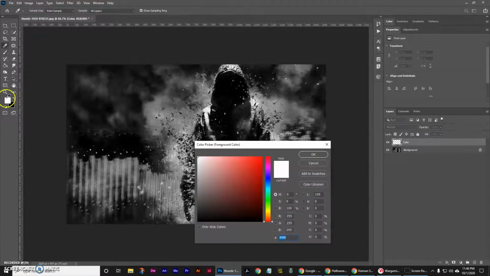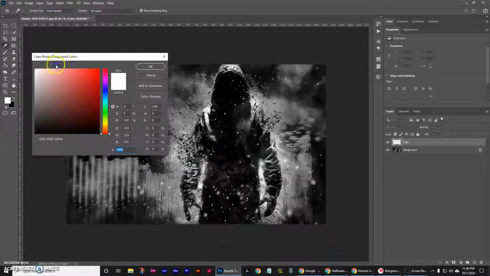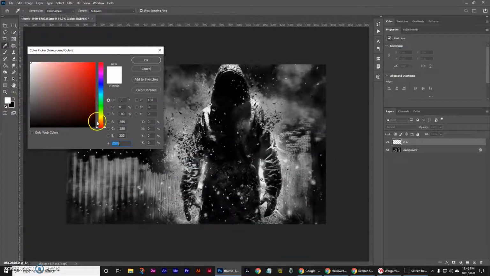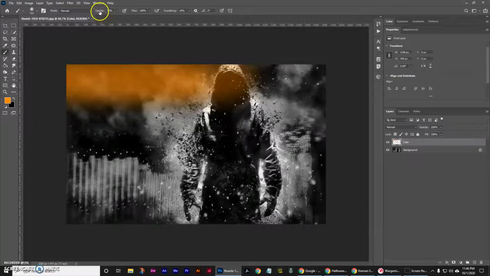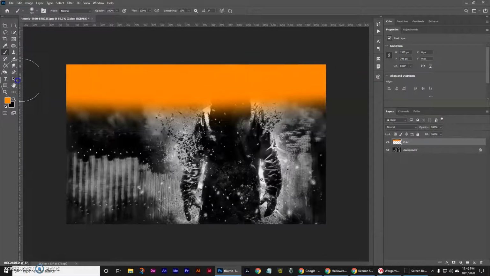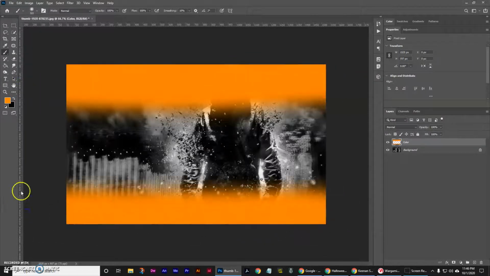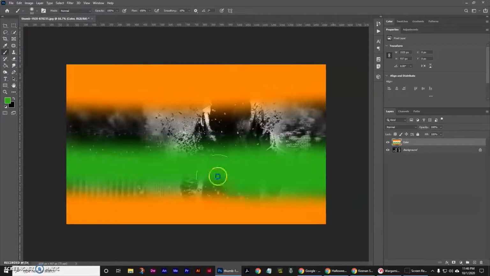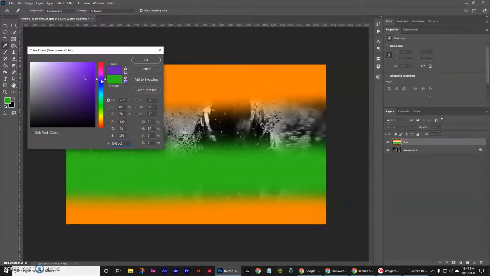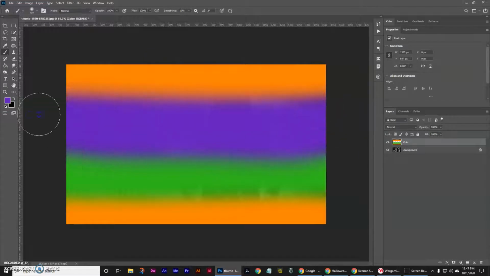And I'm going to go ahead and click on the foreground color once to pick up the color picker panel, and we'll go with an orange. And just now notice my opacity is set to 37. Let's bring that all the way to 100%, and it shows all the way like that. So there we go. Then I'm going to go with a deep green like that, and then I like this sort of purplish color. Alright, now